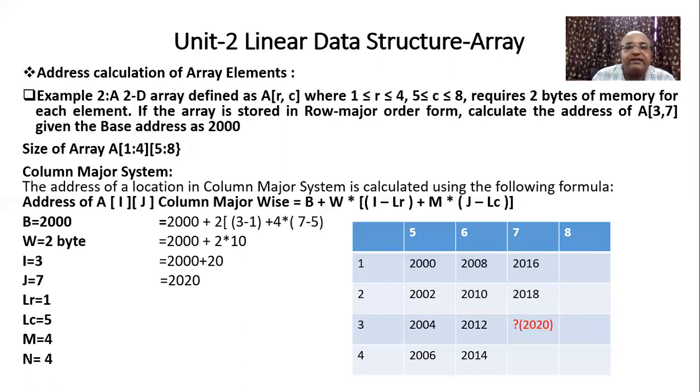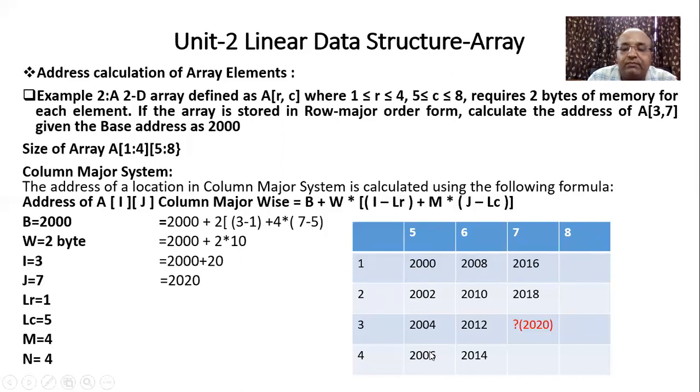So now let's verify it. How? In this case, if you observe, we have a total of 4 rows. The row index starts from 1 and ends at 4. The column index starts from 5 and ends at 8. Here we will not go row-wise; we have to go column-wise. The first element will occupy the space with address 2000, which is given in the definition as the base address. Now we'll move in a column-wise manner, so the next will have 2002, 2004, 2006.